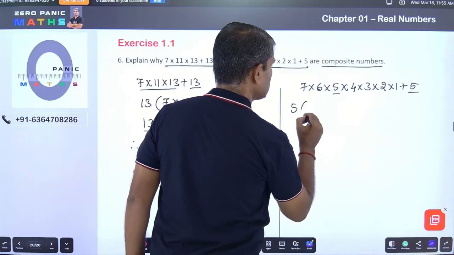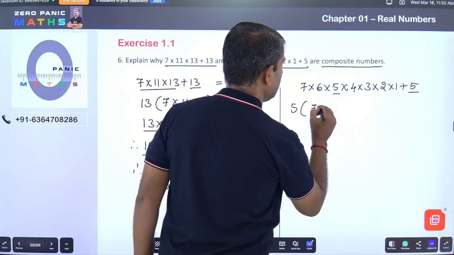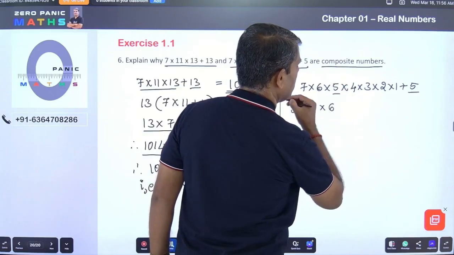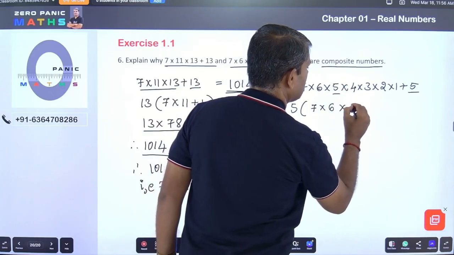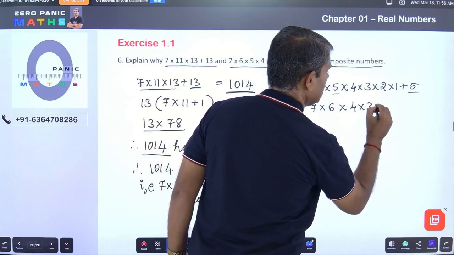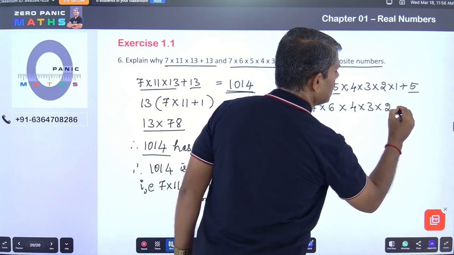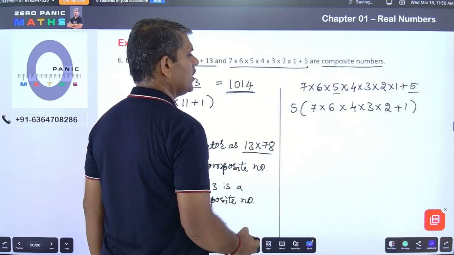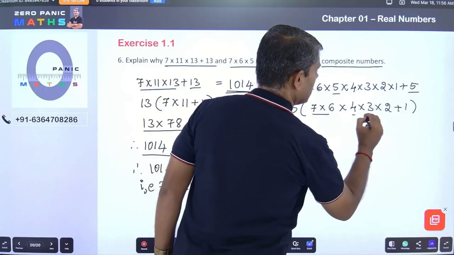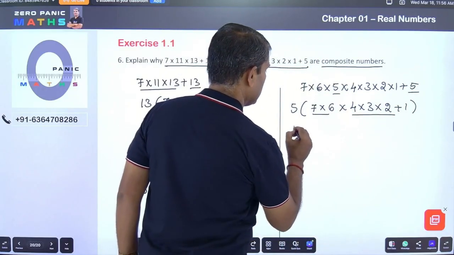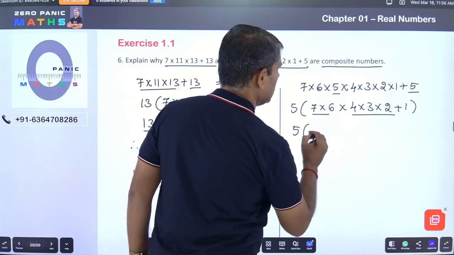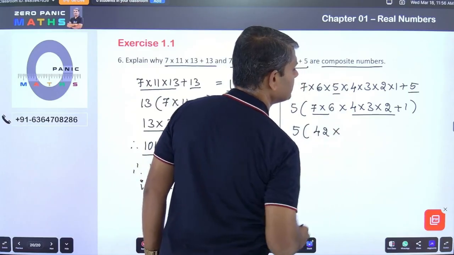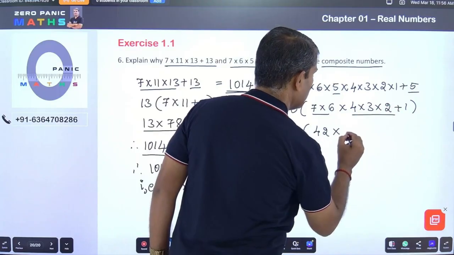When you take 5 as common, what remains here is 7 6 the, okay, and then 5 is common. What remains? 4 3 and 2 and plus 1 from this part. Okay, so let us have the multiplication of this and find out the value of that. Okay, 7 6 the 42 multiplied by 4 3 is 12 and 24